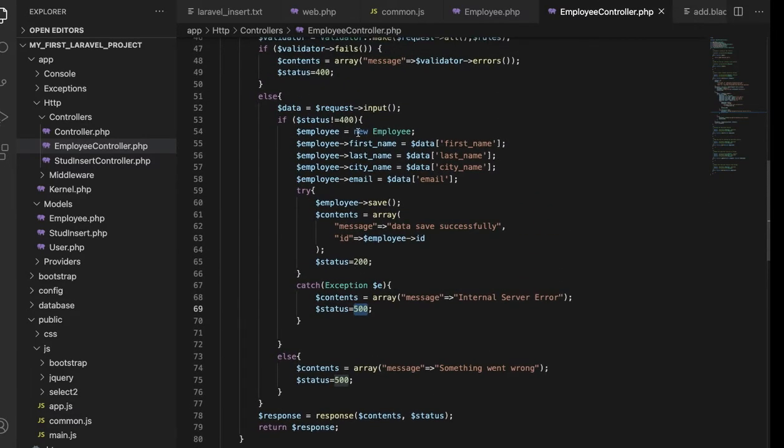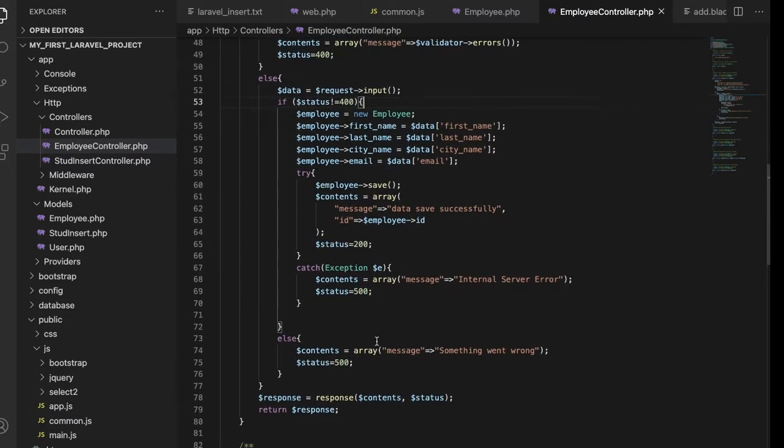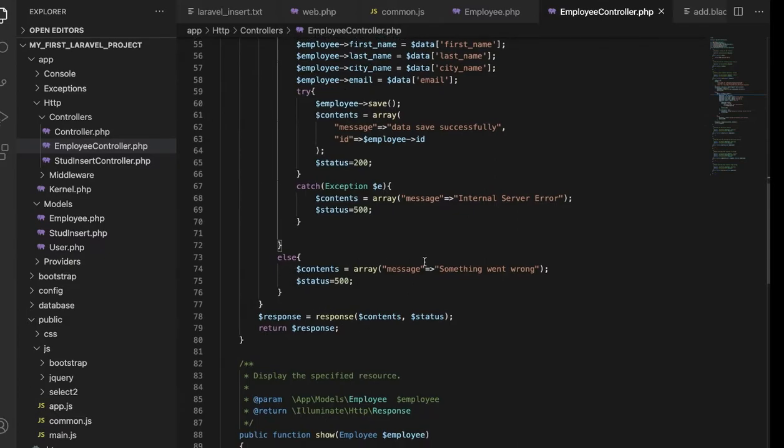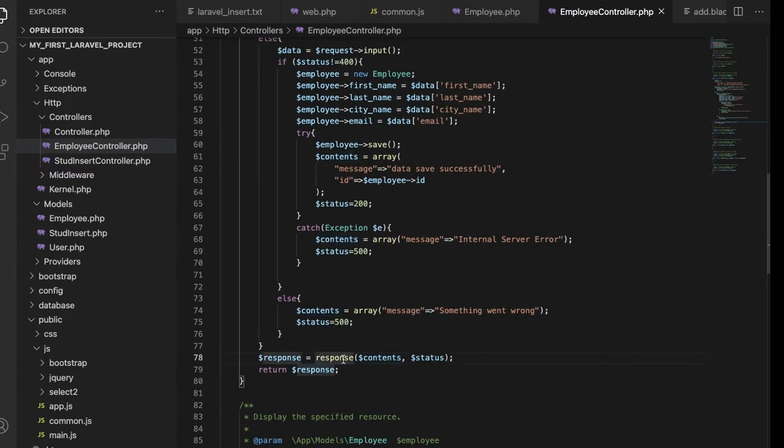If that is not true, our control will come here and again return the content array with the message something went wrong, and the status code is 500. You can see here I am using the response function of the response class and returning the response.